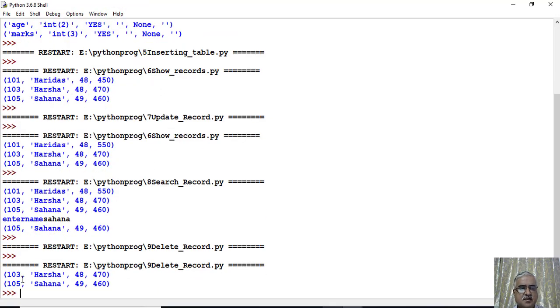Now you can see here we have deleted the record with roll number equal to 101. Now you can see it is showing only the 103 and 105 records.